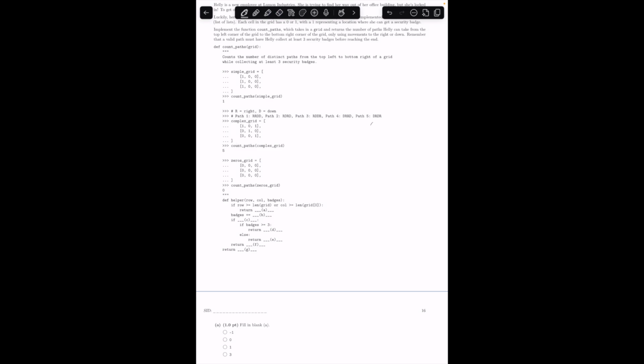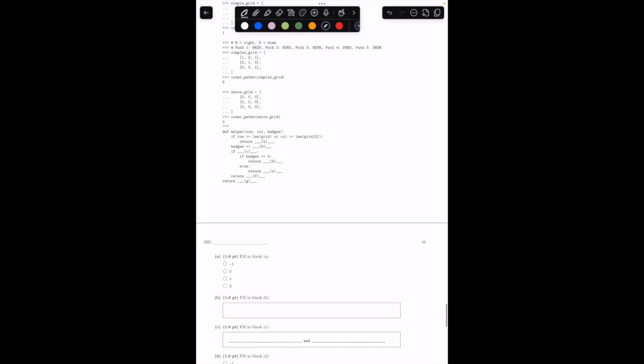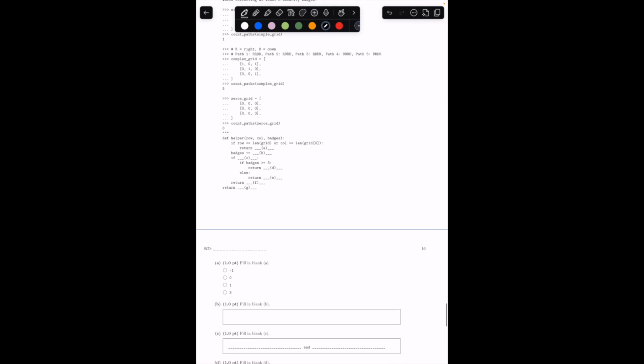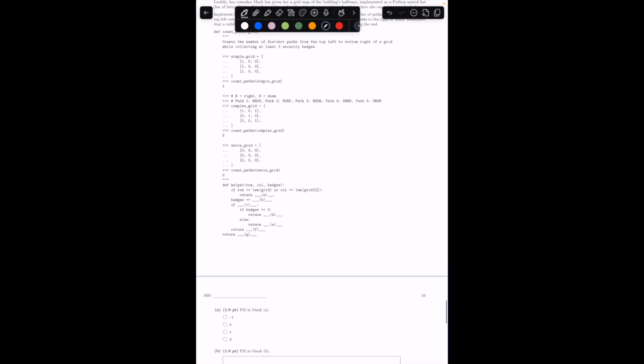So before we go into the questions, let's take a look at what we're given here. We're already given the fact that we have to use a helper function, which is very helpful. And we commonly know that we're going to have to return the helper function's result, as we do in a lot of different problems in this class. We can also infer that we might have to do something recursively, as